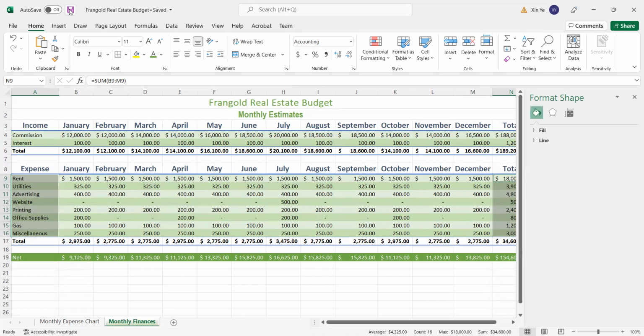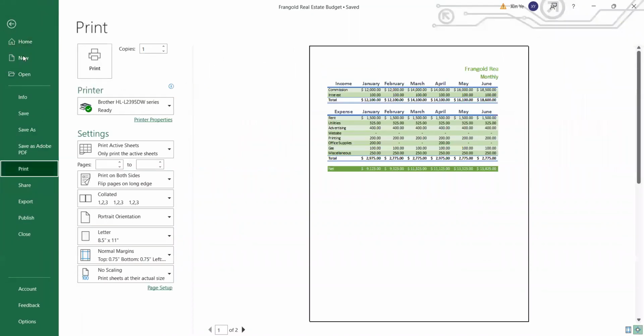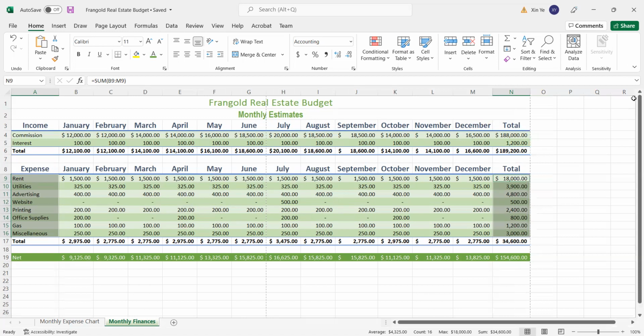So the majority of content we have done already. So I'll just introduce you. If you want to print a worksheet, you can go to the file. You can print from here, but we don't want to print anything because even if you print it out, I will not receive it, right? Because this is an online class. So if you want to print, always go to the file